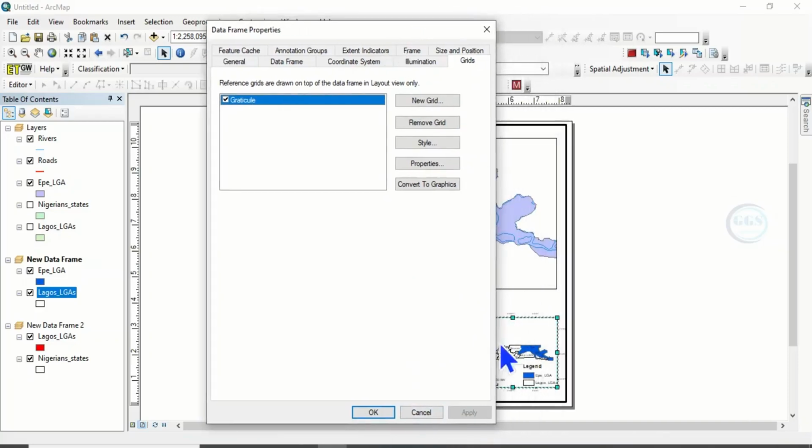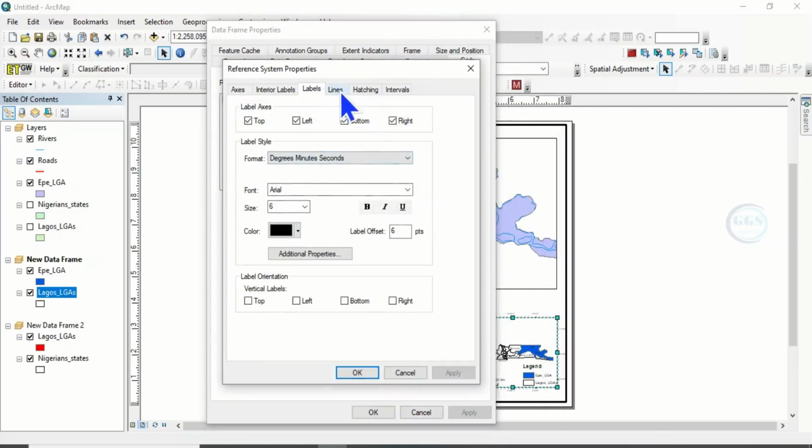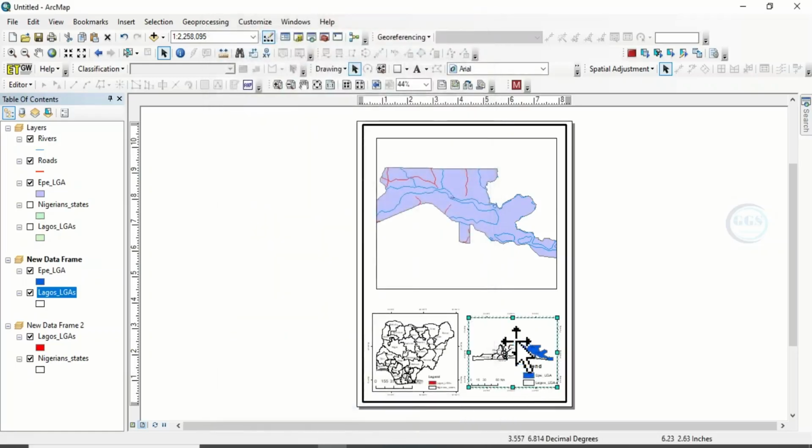You can see it, then you can edit it. Come to properties and the labeling orientation left, right, click OK and OK. So we have gridded this and this as well. Then the major map, which is our study area,